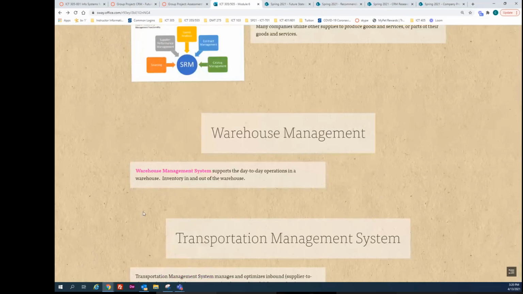So warehouse management essentially is going to support all of the day-to-day operations in the warehouse. This could include inventory going out, inventory coming in, damaged inventory, inventory that might be misplaced, inventory that has quality issues. It could be returns that are coming back into the warehouse. I mean, if you think of like an Amazon warehouse,